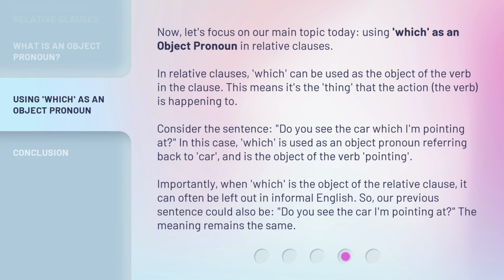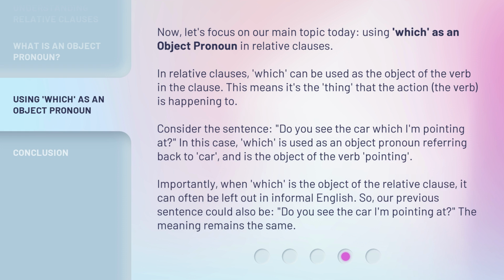Now, let's focus on our main topic today, using which as an object pronoun in relative clauses. In relative clauses, which can be used as the object of the verb in the clause. This means it's the thing that the action, the verb, is happening to. Consider the sentence, do you see the car which I'm pointing at? In this case, which is used as an object pronoun referring back to car, and is the object of the